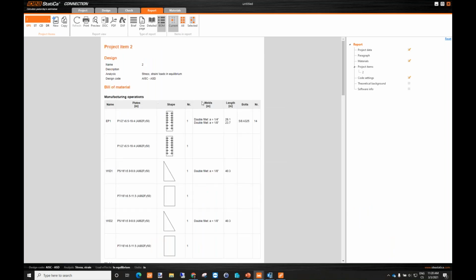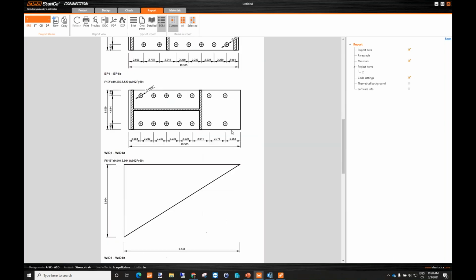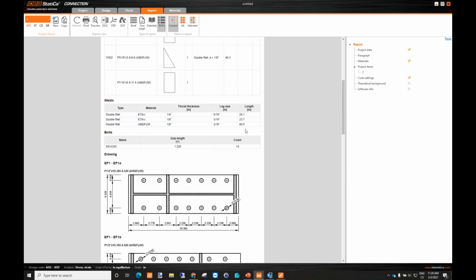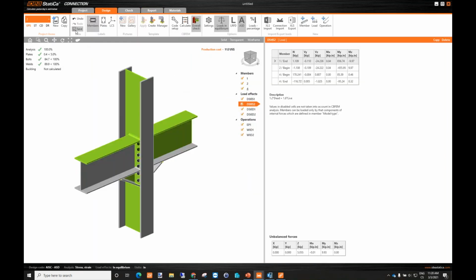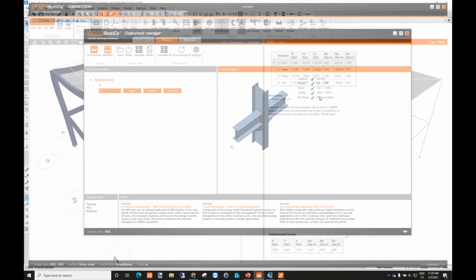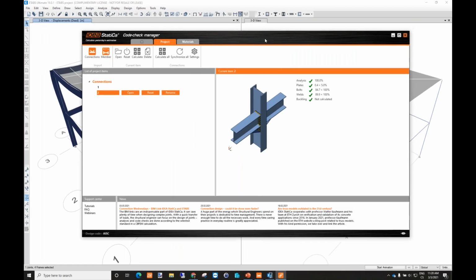It's something like more information for the detailers here. So I go back to design, click on save, and with IDEA StatiCa, the code check manager is